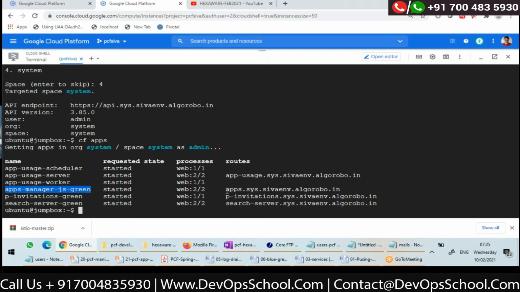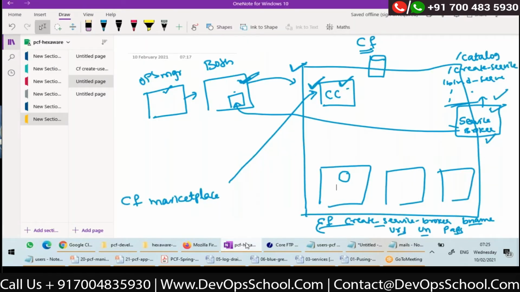green. Actually, do you see the URL? Is this the URL which you use for apps manager? Yes. So this got deployed as an app by one of the errands. Okay, fine. Now